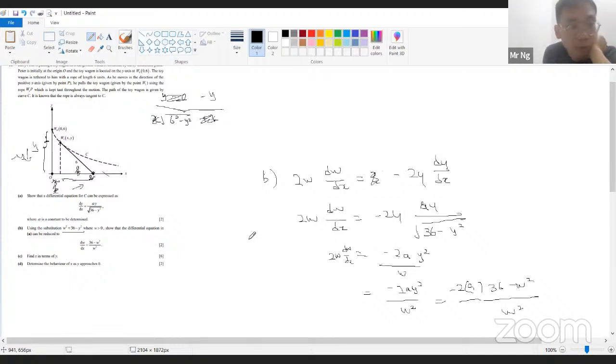Cancel. Yeah, so I think dy/dx is this. Okay, then how to show? You just put that. Here you put like that. Here you put x plus square root of 6 squared minus 1 squared. Okay, so this is your